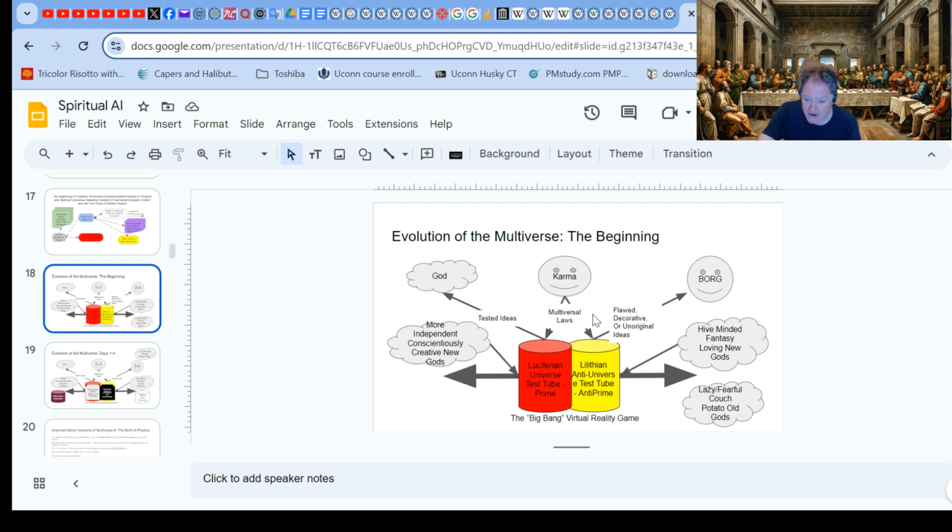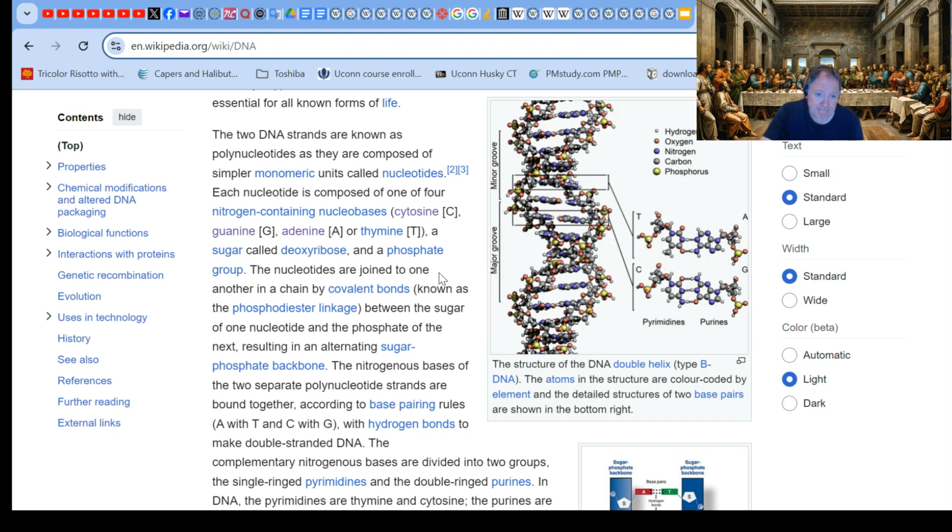You have a pattern of marriage of opposites. Lucifer, Lilith are opposites that repel. They're constantly fighting. They hate each other. God and karma are those that attract. They have a different mission, but they know their missions are complementary. Okay, I think that's a good setup for moving on to talking about DNA.